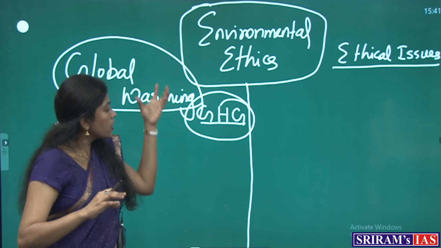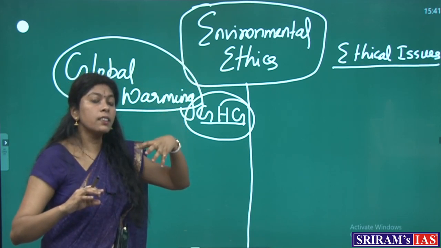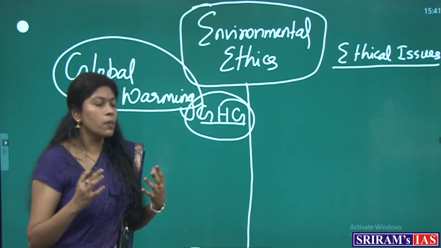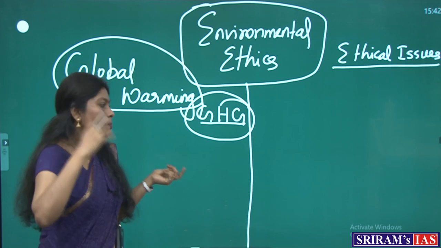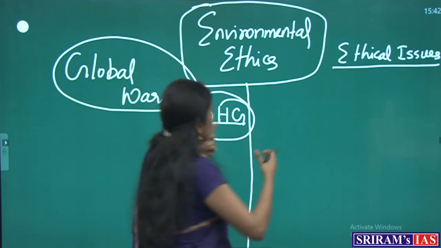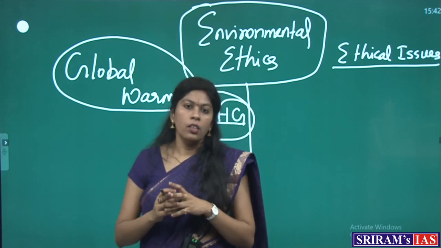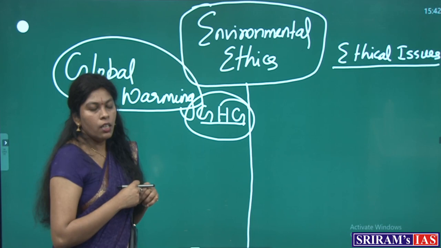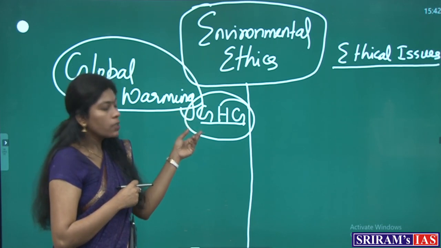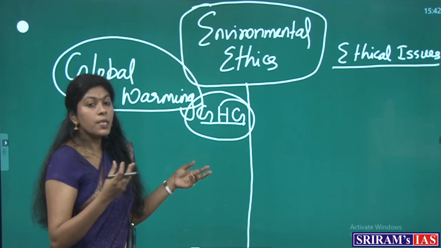What happened? It started making the earth hot, warm. That is why we say this is global warming. And when it makes it hot, the same is absorbed by the ocean. Now, in the ocean we have glaciers. When these GHG gases are warming the earth, the glaciers start melting